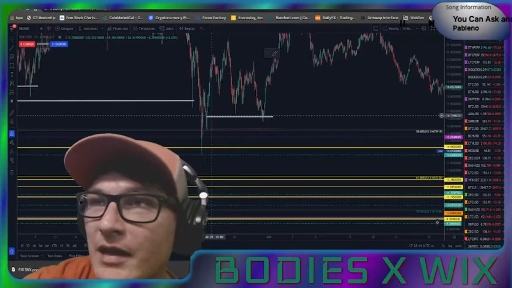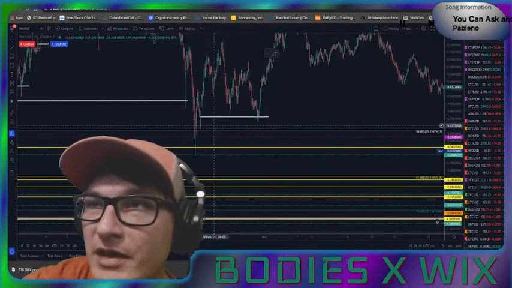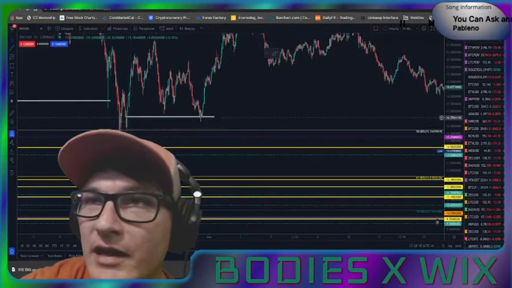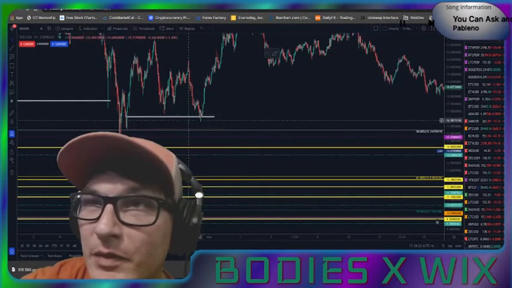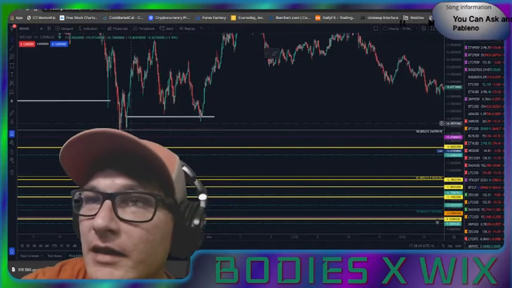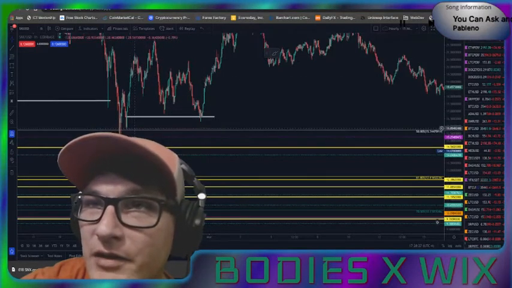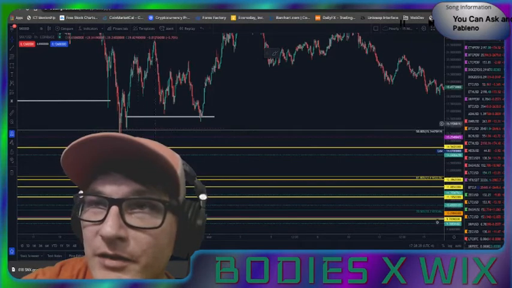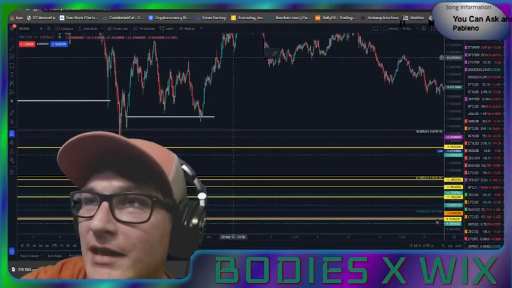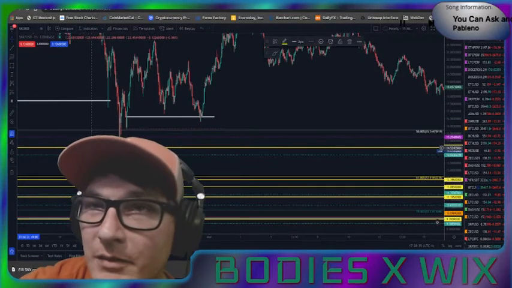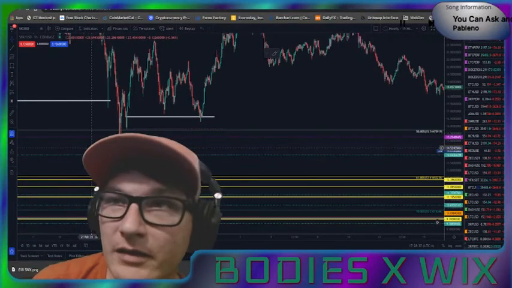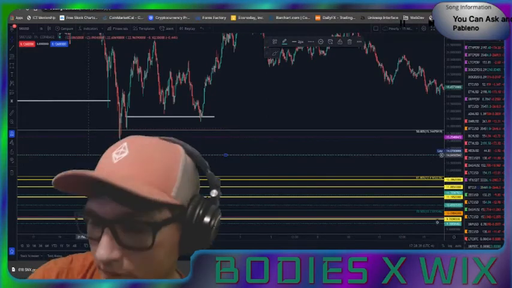As you can see, even though this wasn't a stop hunt, this was another area that an order block formed. You could have easily put a buy limit here and then put a stop loss just right around here or just below it, came back into that area, and then boom, took off. So there's one stop hunt that we caught. So next one,